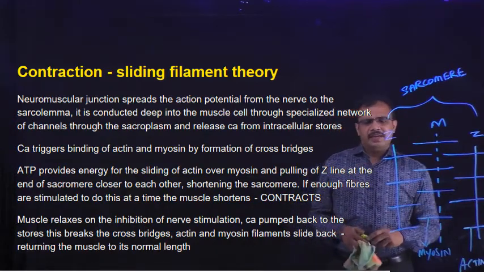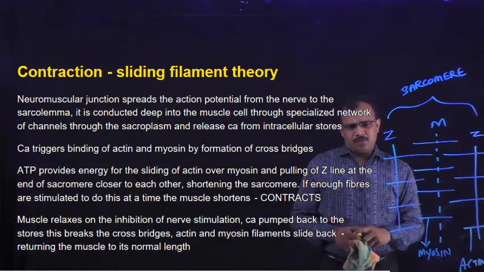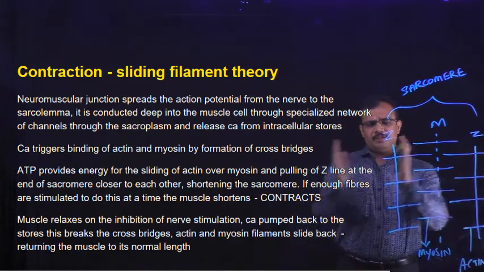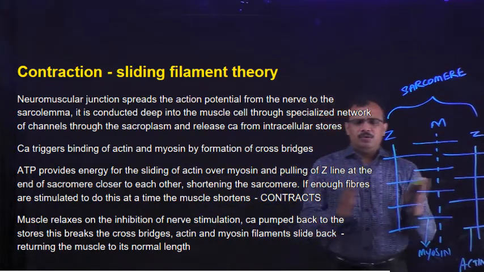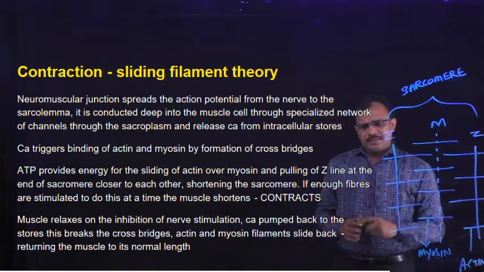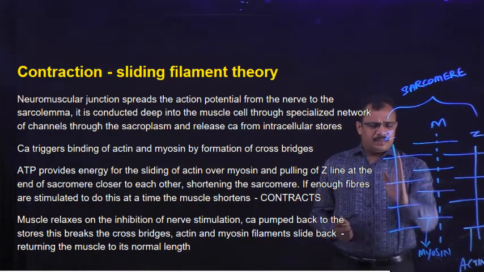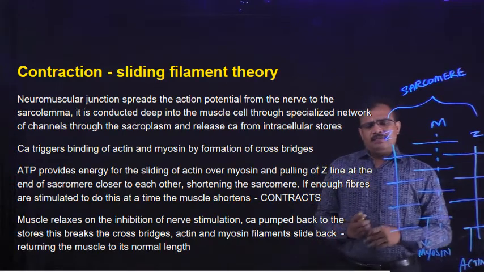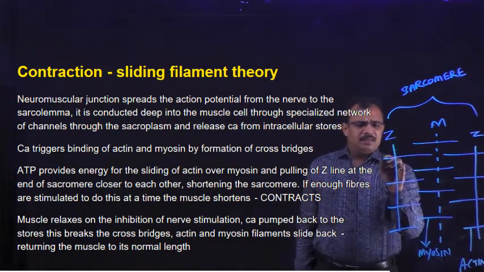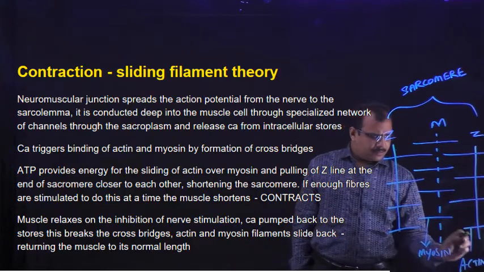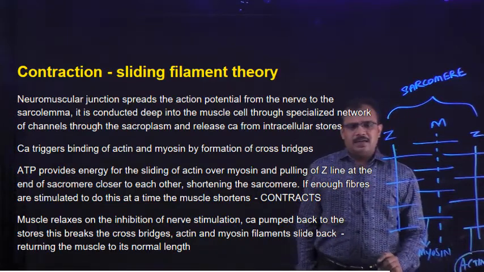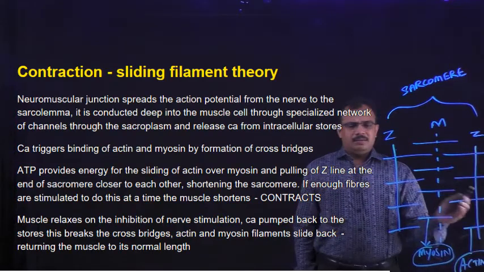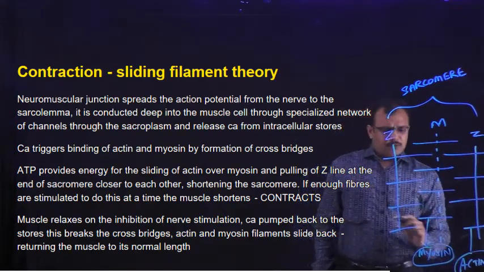Now imagine this is one sarcomere, and there are similar sarcomeres arranged continuously throughout the length of a muscle cell, and this sarcomere extends from one Z line to another Z line, and we can see the filaments which are attached to the Z line are called actin filaments, and those filaments which are attached to the M line, or which are present between these Z lines, are called myosin filaments,